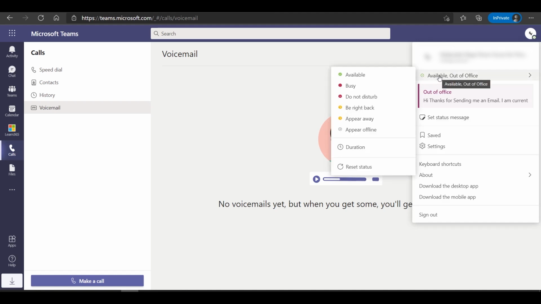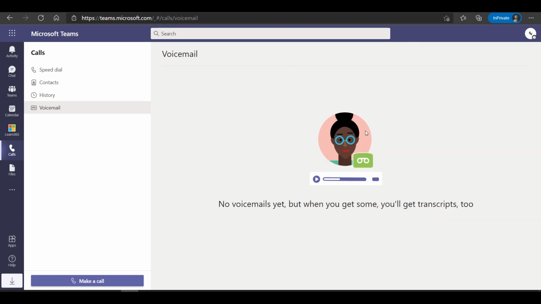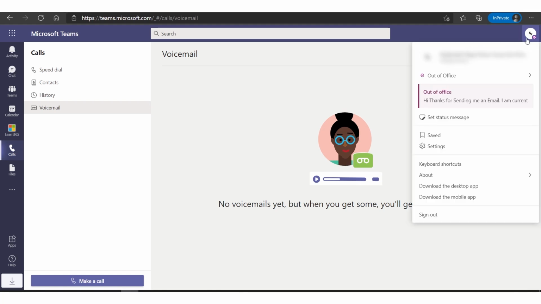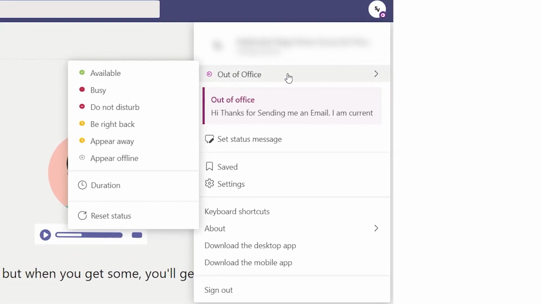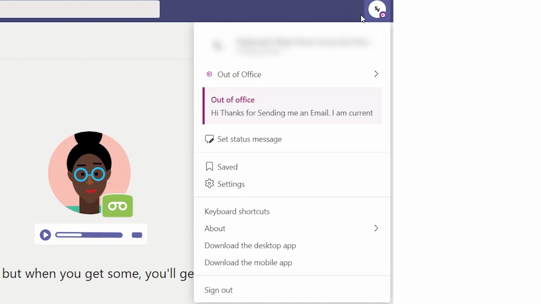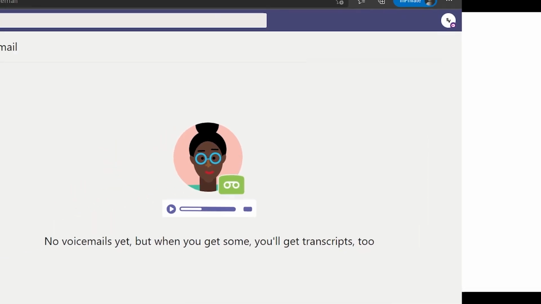It is showing Available because we are actively working on Teams. So we just need to click on Appear offline, then you can properly see Out of office, and just below that you can see the out of office message also. So out of office is enabled using Outlook here.